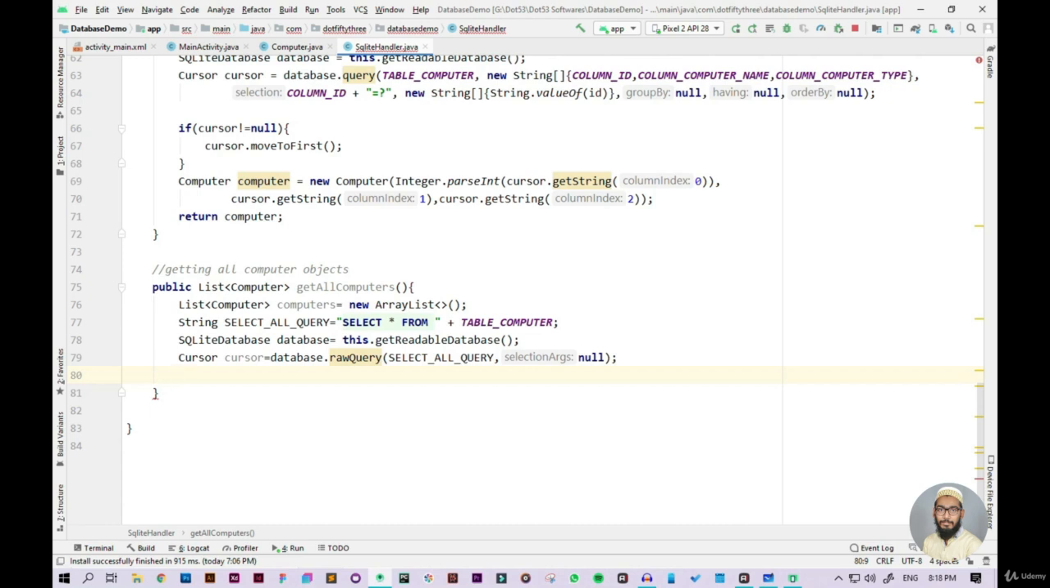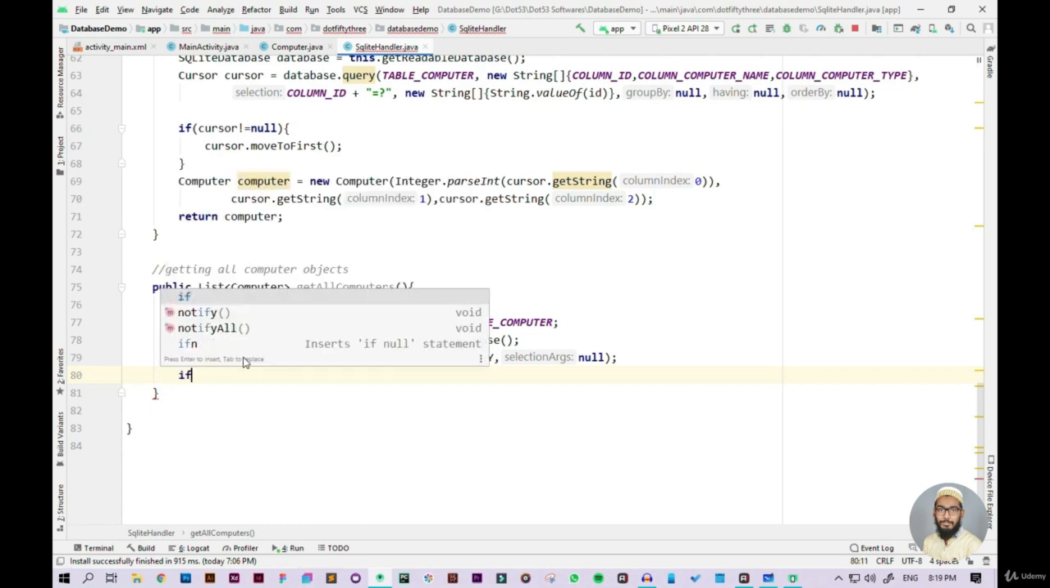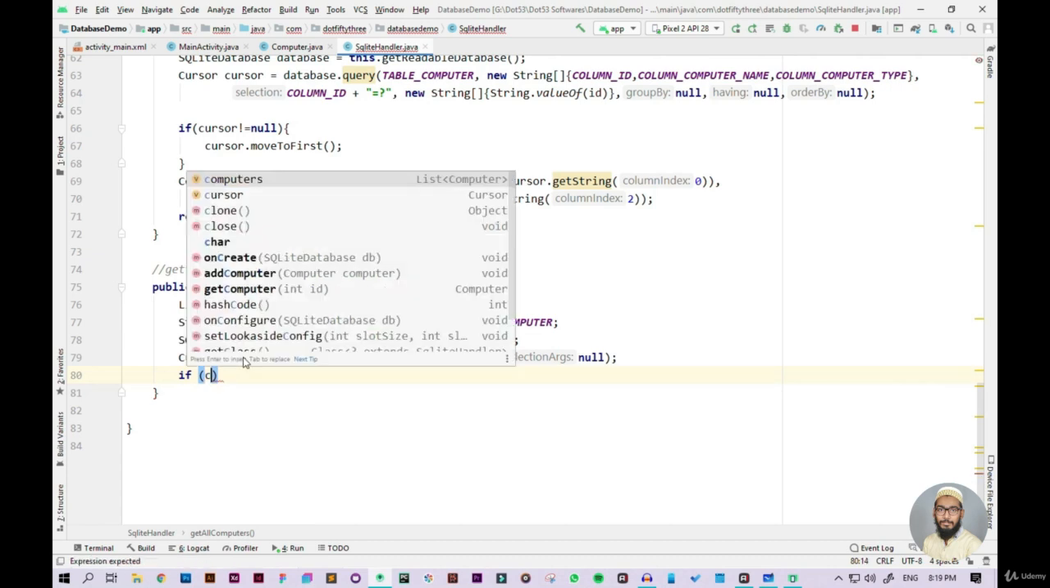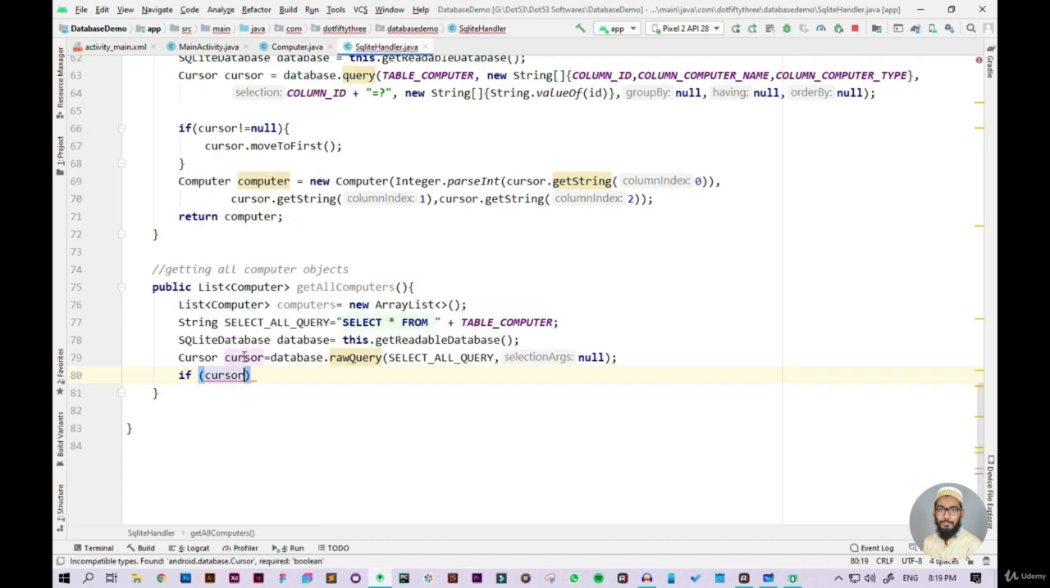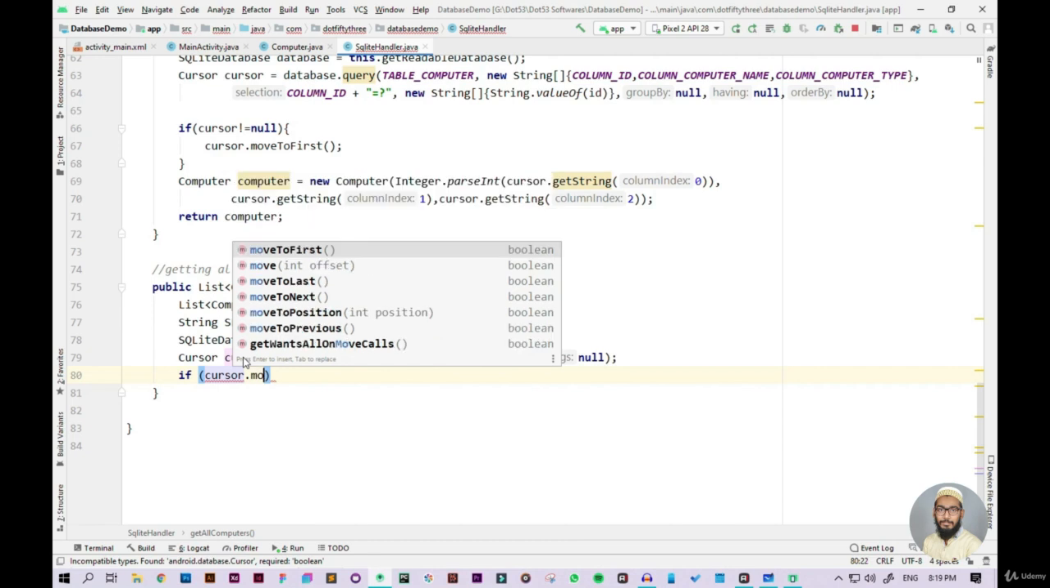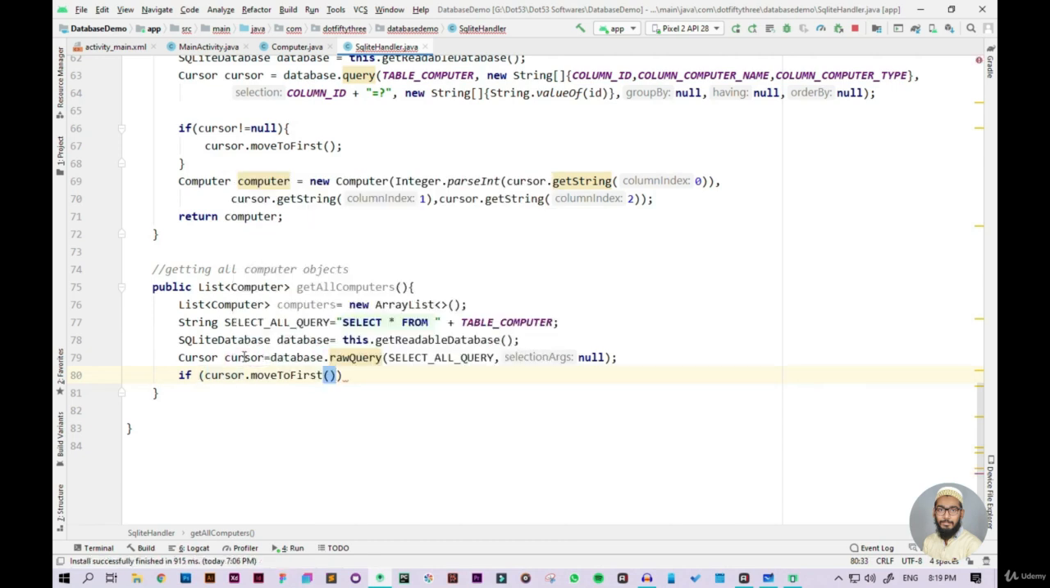Now what we will do is to put a while loop. So we will run a while loop until there is some data inside our database. But first we need to check whether our database contains any data or not. So for that I can simply use an if condition. So I can say if cursor dot move to first. If cursor can move to the first element, then we will run a while loop, do while loop actually. So I'll say do,